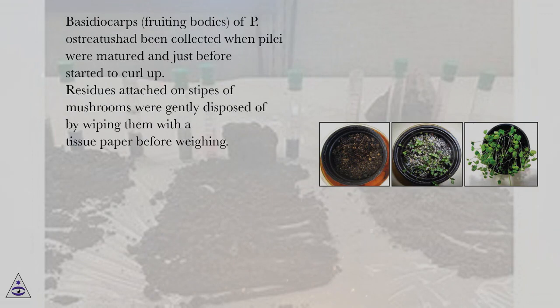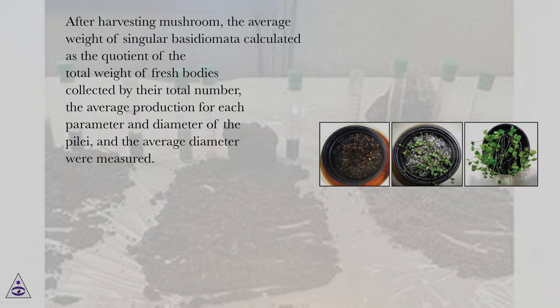Basidiocarps, fruiting bodies, of P. ostreatus had been collected when pilei were matured and just before started to curl up. Residues attached on stipes of mushrooms were gently disposed of by wiping them with a tissue paper before weighing. After harvesting mushroom, the average weight of singular basidiomata was calculated as the quotient of the total weight of fresh bodies collected by their total number, the average production for each parameter and diameter of the pilei, and the average diameter